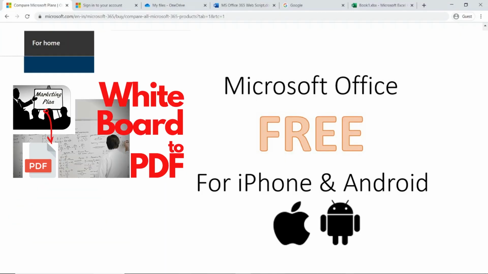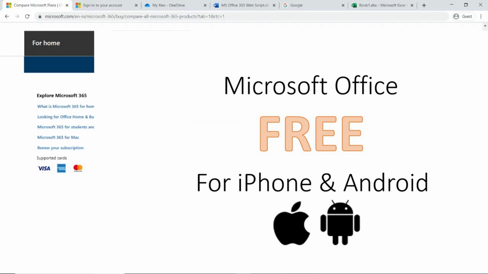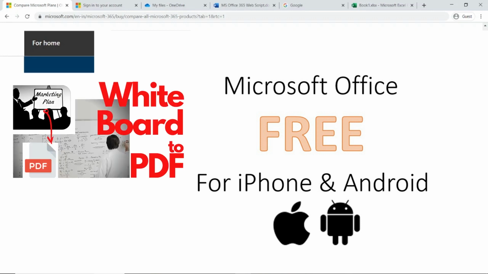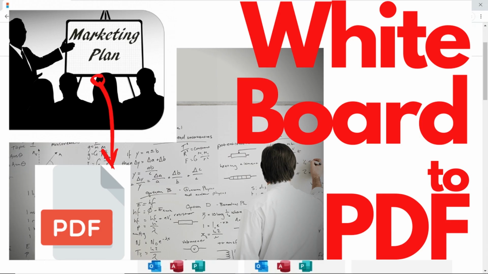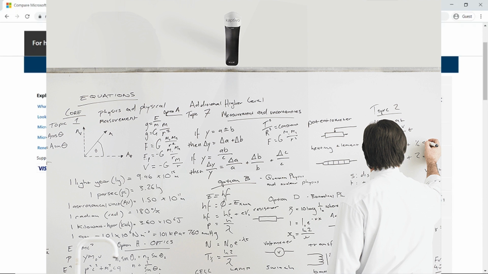I'll be providing a link below where I have showed you how you can use Microsoft Office, Word, Excel, PowerPoint, and many more features, on your mobile phone, whether it's iPhone or Android. And also there's a very good feature in the mobile device, Microsoft Office, which is if you are sitting in a class or a lecture or any presentation and you want to take down the notes, you can take a shot or a picture directly using your camera of the mobile device, and you want to add text to it, you want to just keep it as a picture, you want to scribble on it, you can do whatever and save in your library.